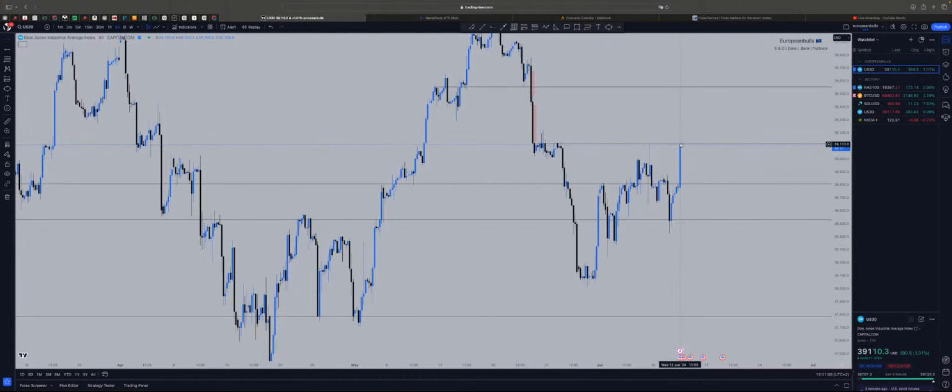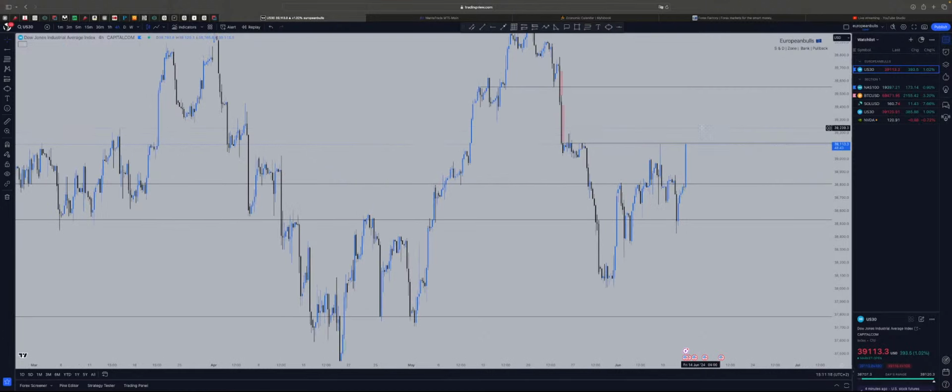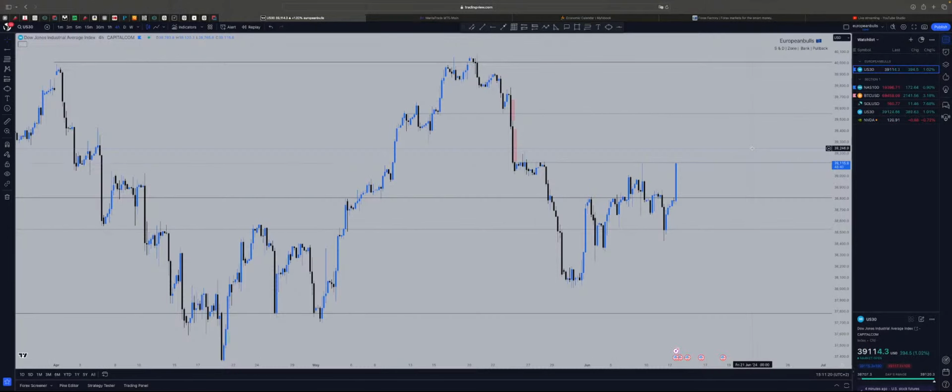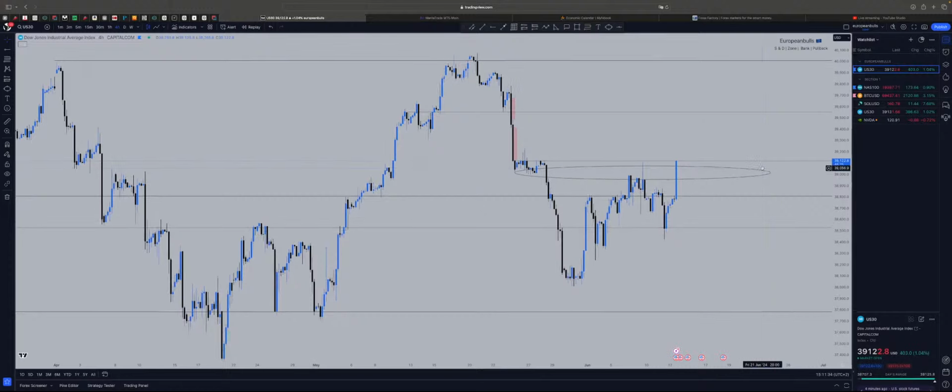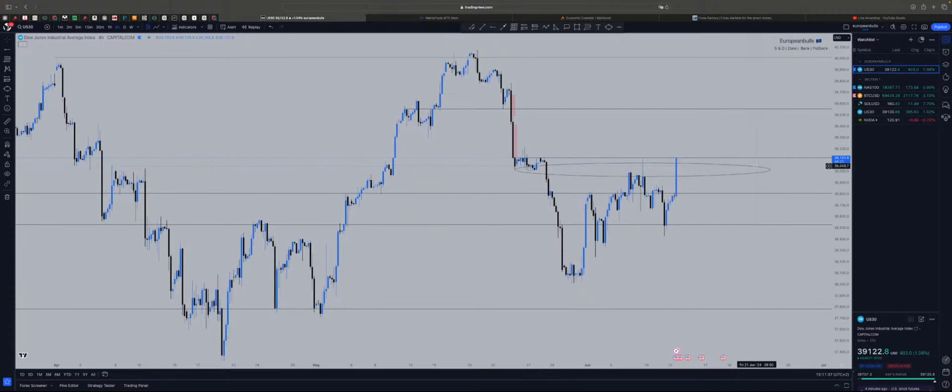We would like to see a break above this area with a close, and then you could plan your trade for the buys from here onwards, because as long as the price is under this area, it's going to be manipulative. The buyers would like to break the price and go further, and the sellers on the other side would be like, no, we want to sell. So this is going to be a very crucial point here.